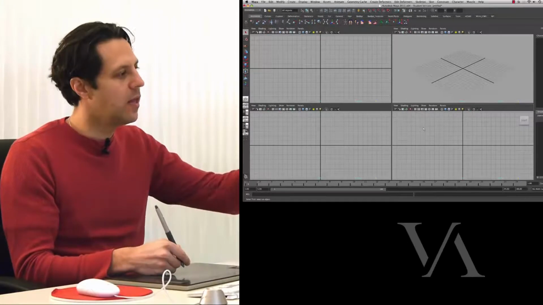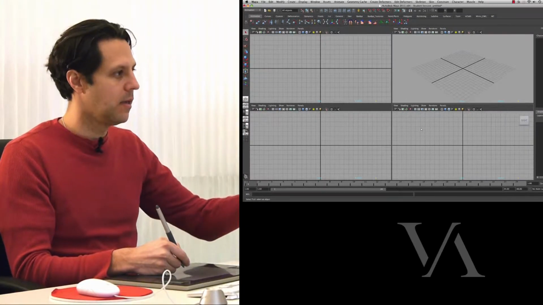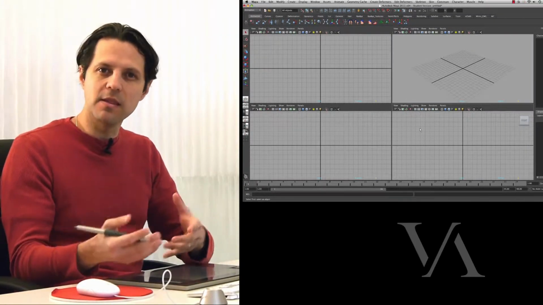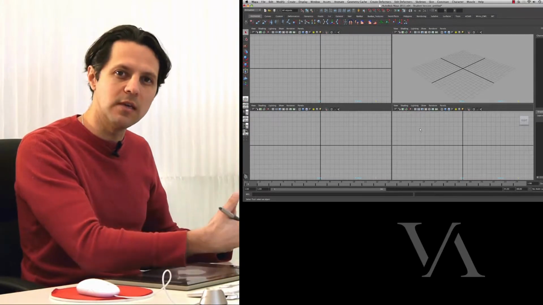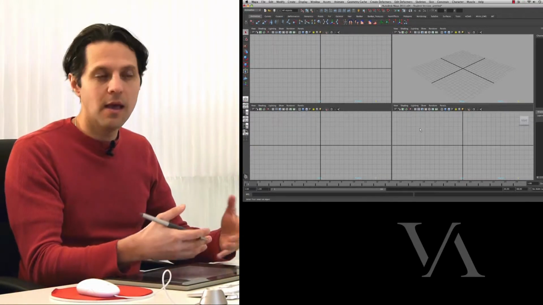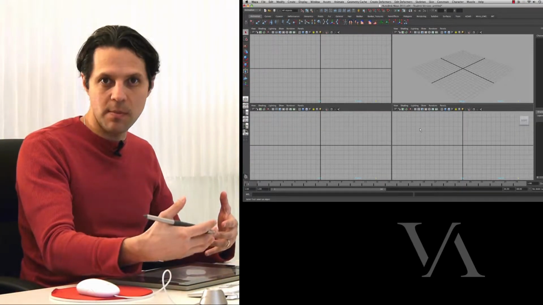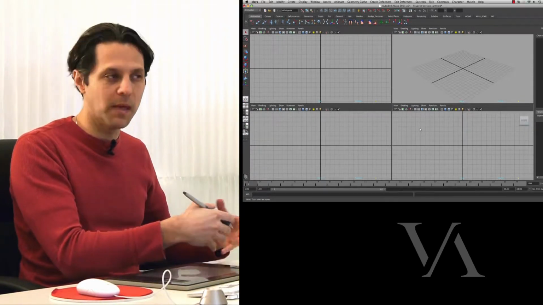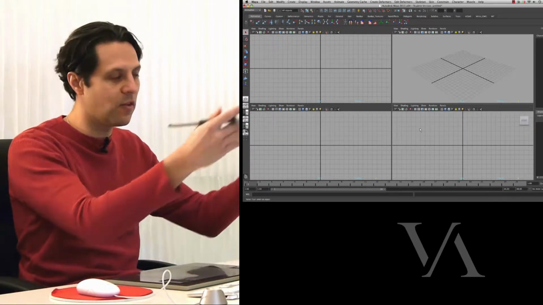So the hypergraph is an old way from these 3D systems of visualizing your scene in a schematic way. When you have the viewports, like in this case, you might not see anything, but there might be things in the scene that you cannot see. Maybe they're hidden, maybe they are in a wireframe mode that you can't really see, maybe they're really far away outside of the viewports. So a really nice way of doing that is